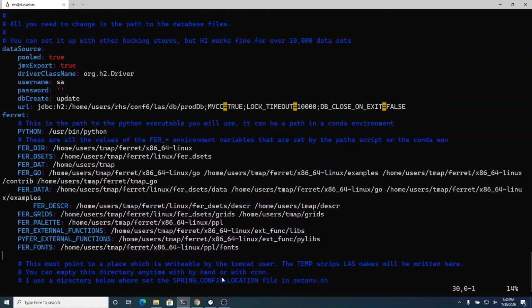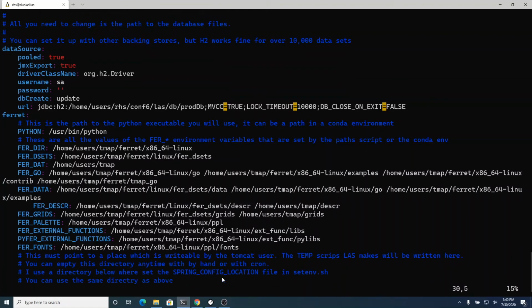All right, so there's the Ferret environment. If you change that environment, next time LAS starts up, it will read that new environment. So if you have to upgrade your Ferret, or you want to test out a beta version of PyFerret or something with your server, you can always change it and it'll be good to go.